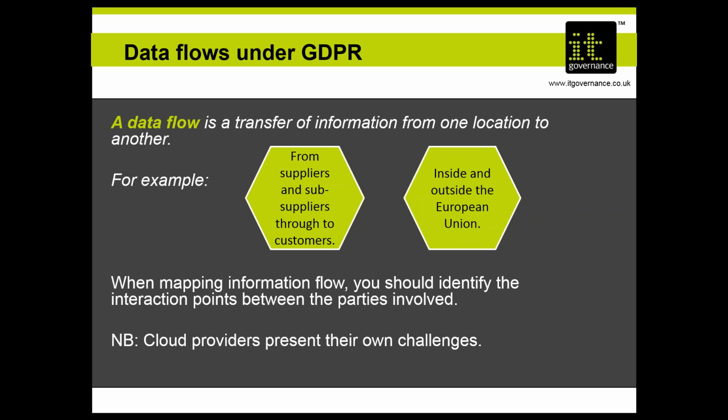So for instance, from a supplier into the customer might pass through a number of hands, and then it's dealt with by the customer and by a number of entities inside the customer. Data flows also pass inside and outside the European Union, either because you have customers or suppliers outside the European Union, or indeed because you are using a cloud-based service provider who processes or stores data in the cloud somewhere else in the world. So data flow mapping is the